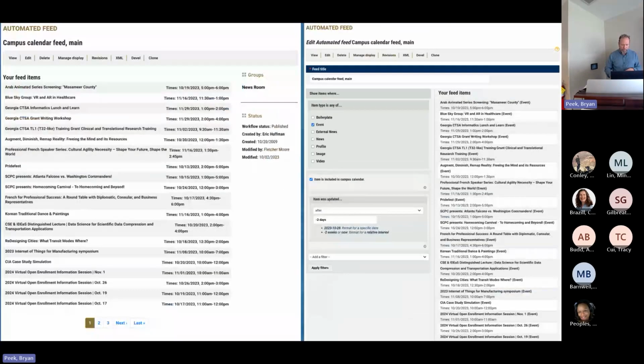So I'll go back here a little bit. I said I was going to come back to this last filter that's set here: item was updated after -2 days. So this is showing items that were updated within the last 2 days. And as I said, the calendar pulls Mercury data every 15 minutes, I think. So this is actually massively excessive. We could shrink it down to 20 minutes if we wanted to, I suppose. I feel funny about doing that. We'll probably shrink it down to a day.